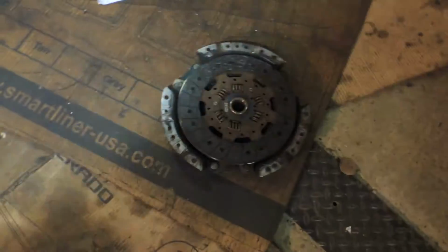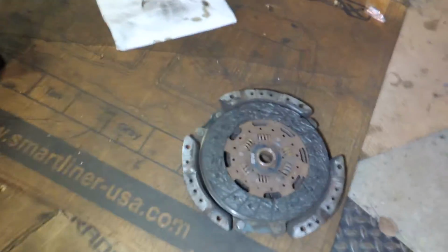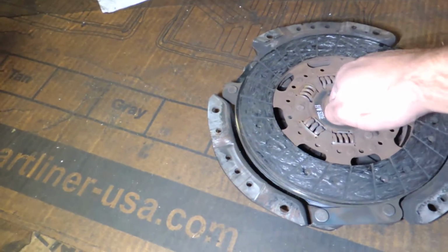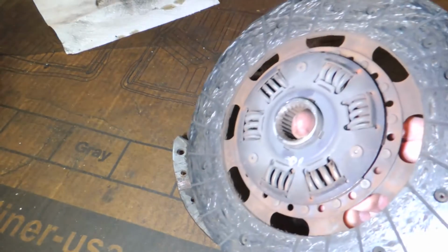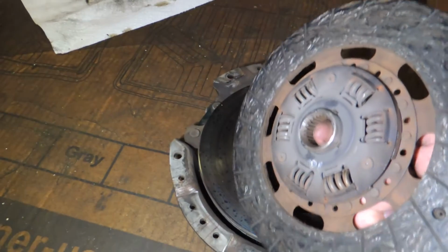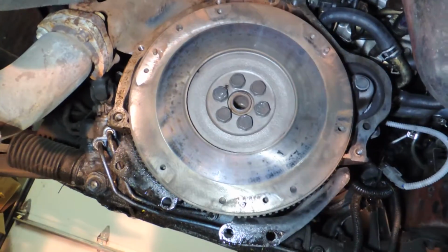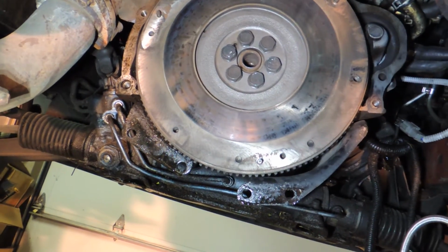Okay, what we got going on. This is the clutch I pulled out, which does not look bad. A little bit of heat on here, but it has a lot of life left on it, surprisingly. And the flywheel isn't too bad. But what I found,